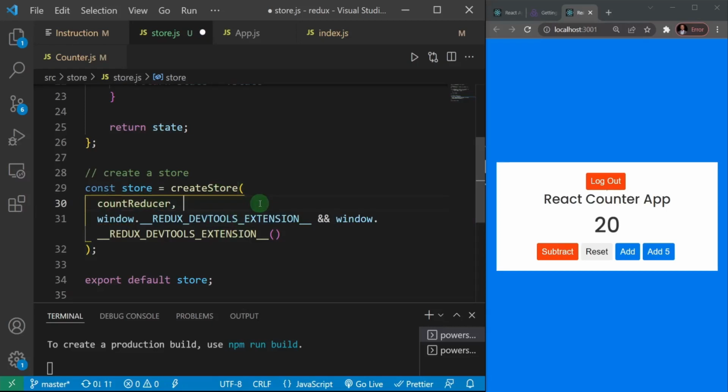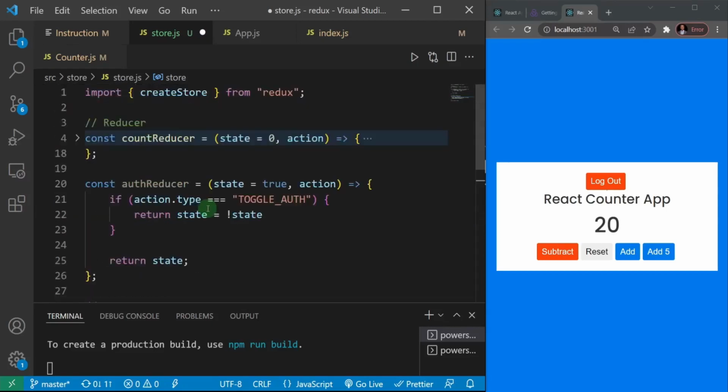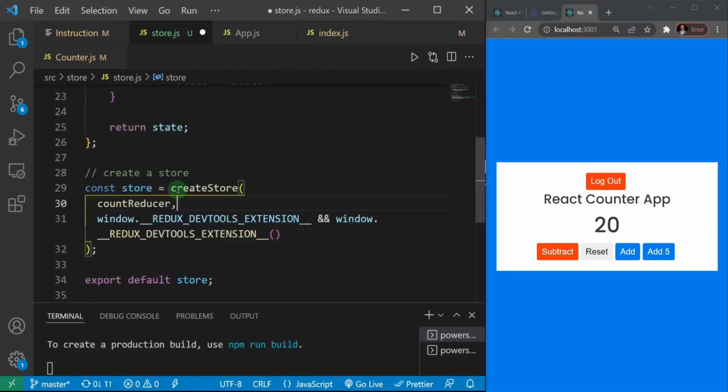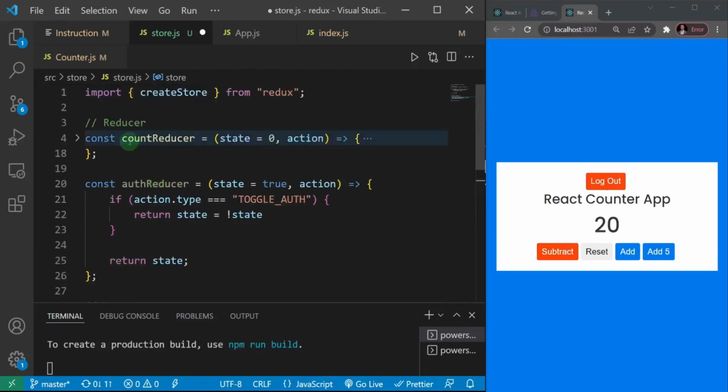Okay, so I'll come here. What that means is if we can only add one store, we need to find a way to combine both the count reducer. Sorry, you can only add one reducer. Sorry about my mixed grammar. So what that means is that you need to find a way to combine the count reducer and the auth reducer together. Luckily,